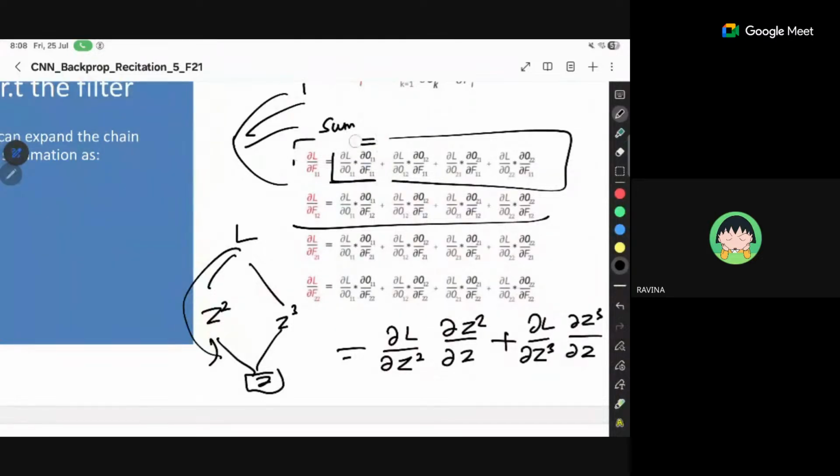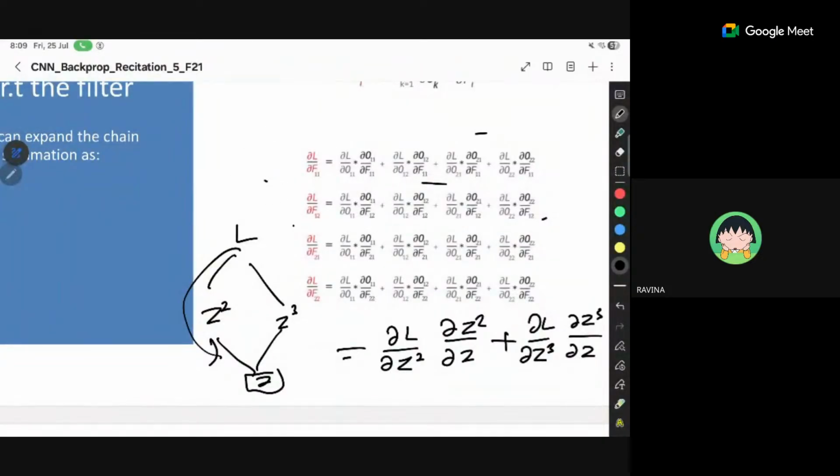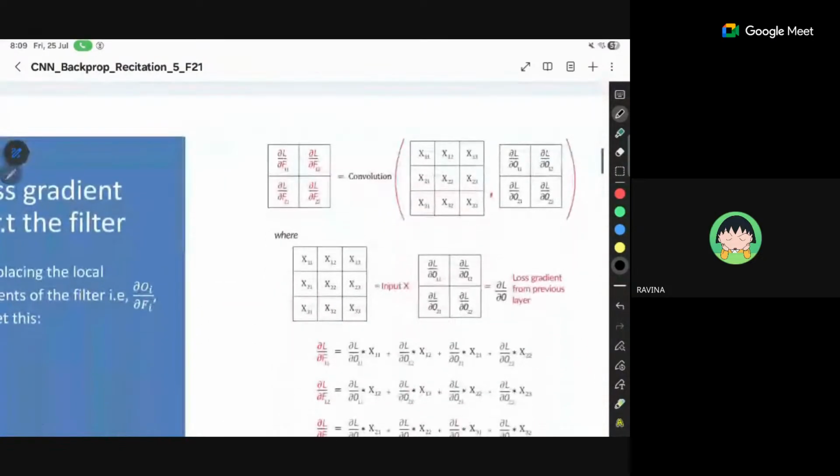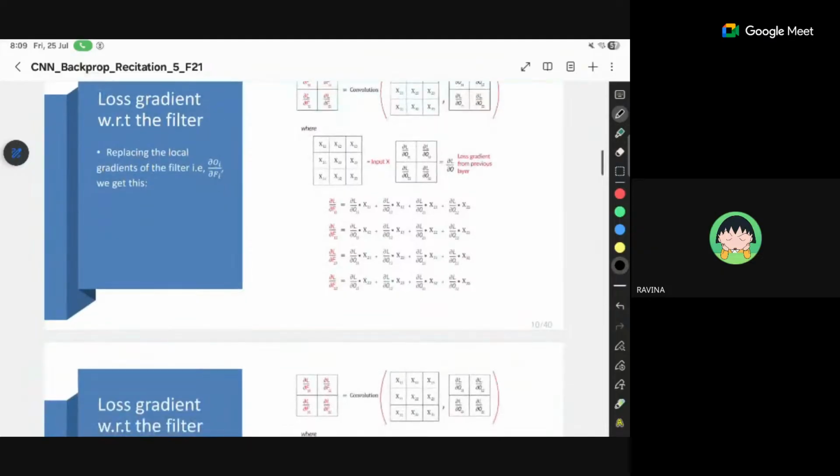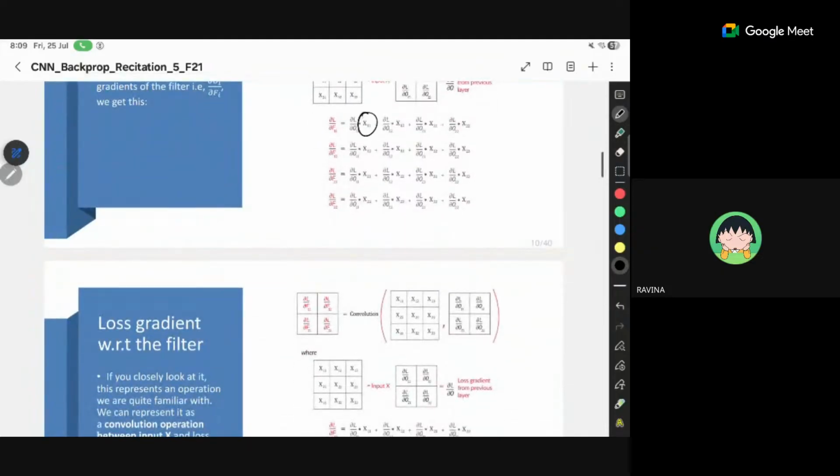So that's what the summation will look like. Now, what we are actually doing here is something like, yes, loss with respect to filter will be like this, and in this part we can figure it out. So the component of that,